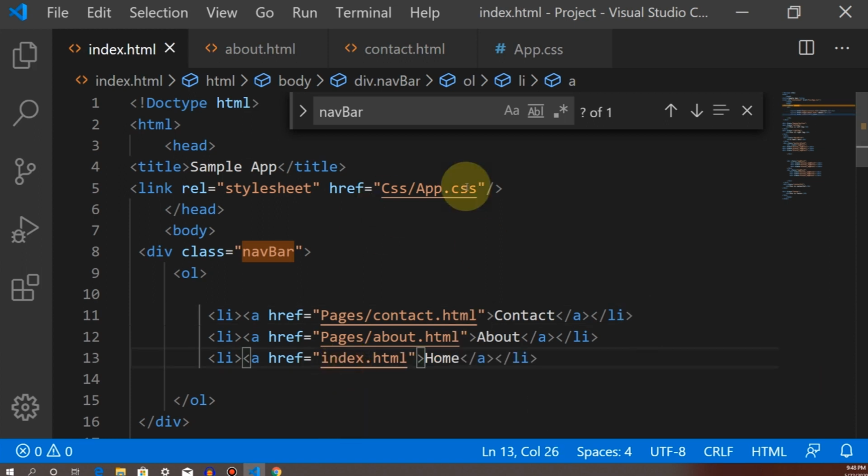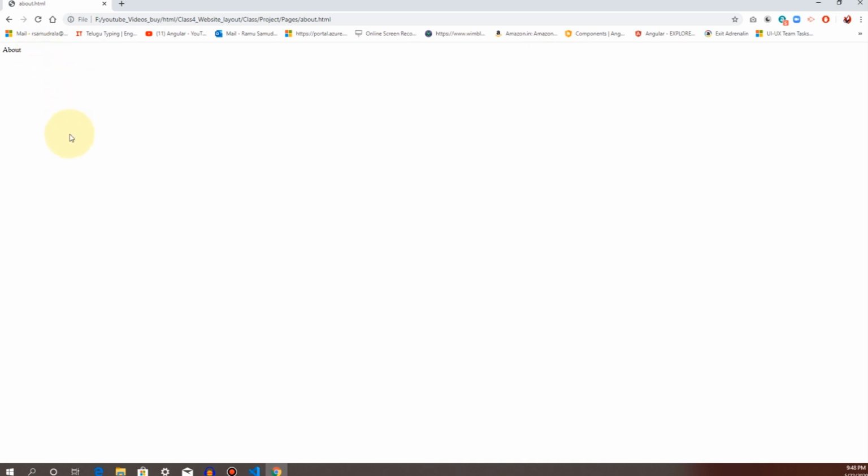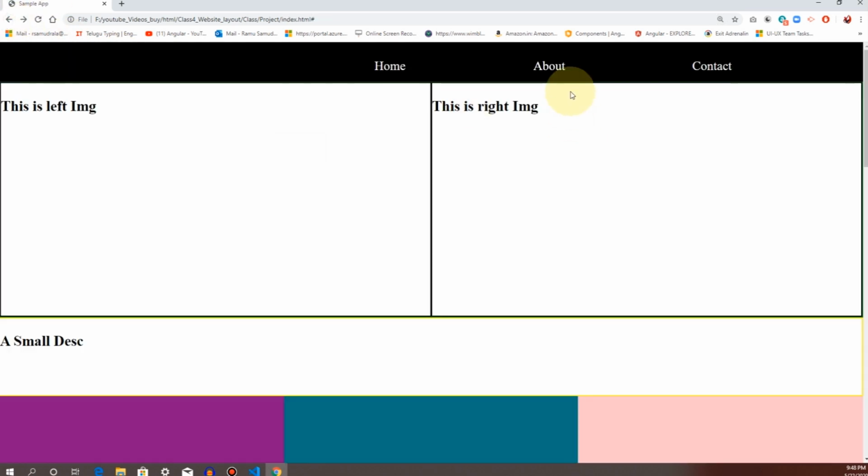If I click on the home page, then it is this page only, index.html. Then this is the about.html page, right? When I click on contact, then it is the contact page. So this is the usage, guys. We can navigate from one page to another page through the navbar. That's why it is a navbar, navigation.